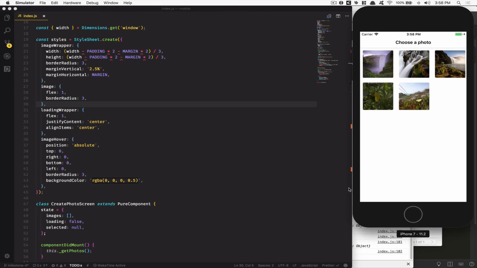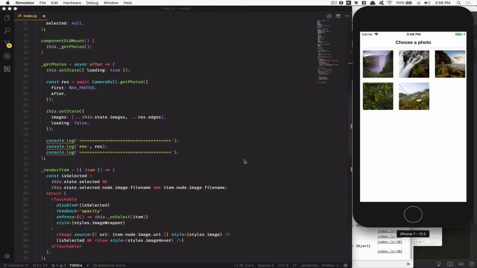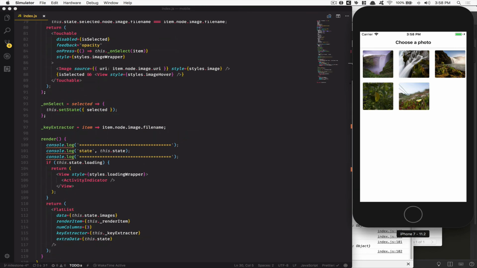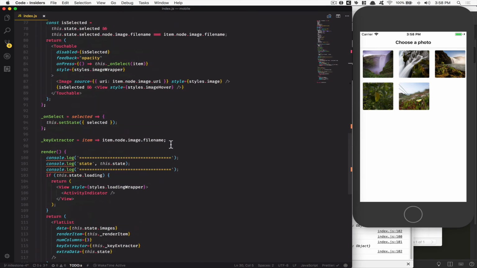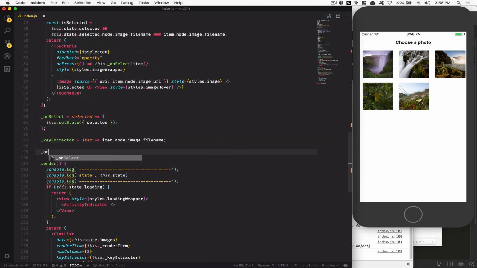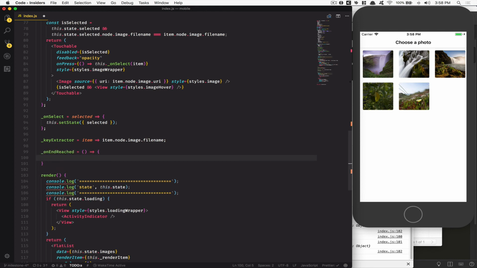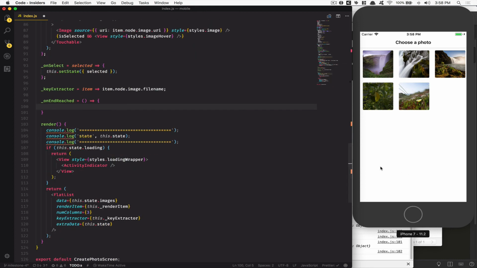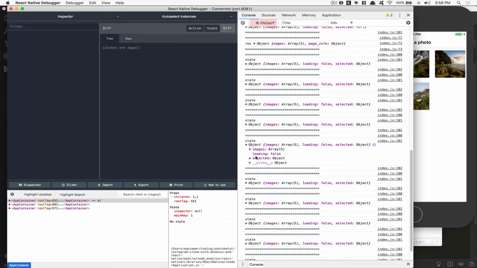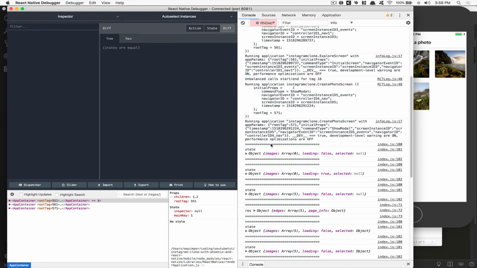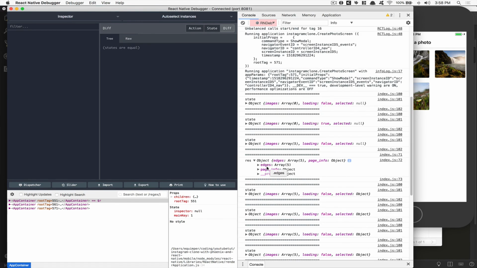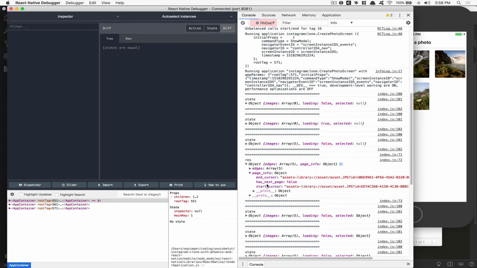Now I would like to have the pagination working. So this is what we're going to do. We're going to create here a new function called onEndReached. In this onEndReached, the first thing you're going to do is check inside the res. Inside the res we have information inside the pageInfo. We have hasNextPage. So that just means